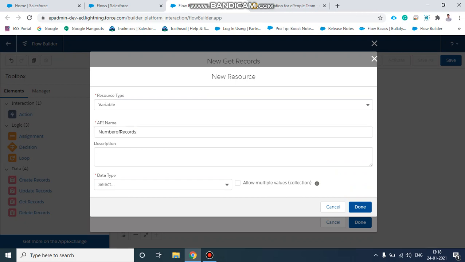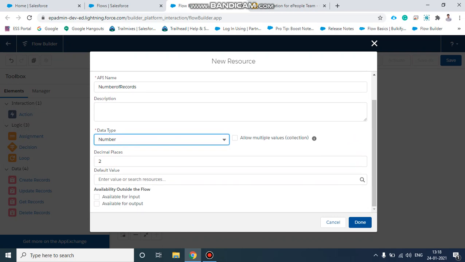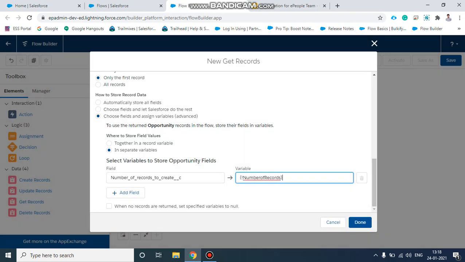Our data type should be Number, and we'll remove the decimal places, so decimal places should be 0. Done. We need to select that whenever no records are returned, set it as a specific value, which will be null. Okay, click on Done.